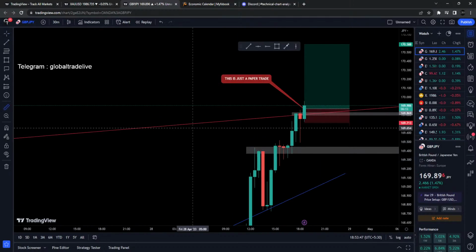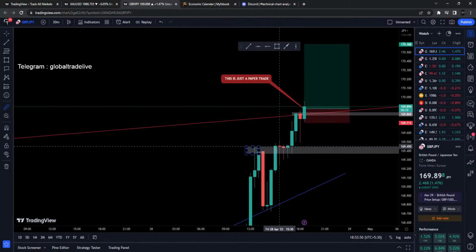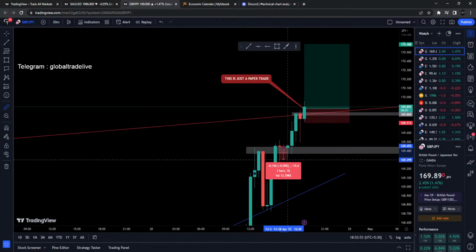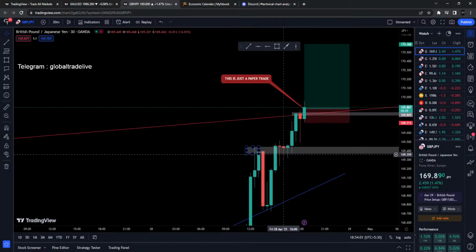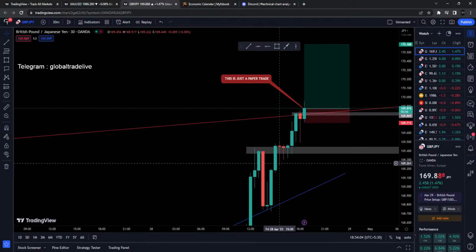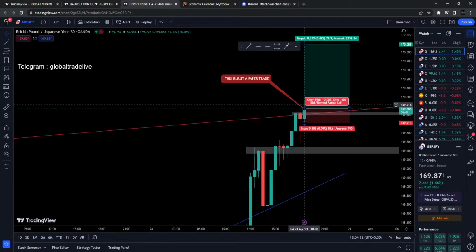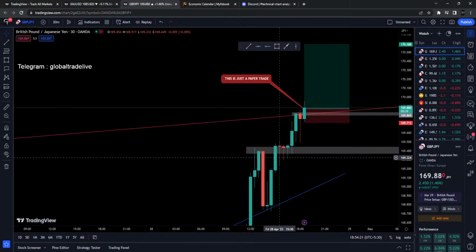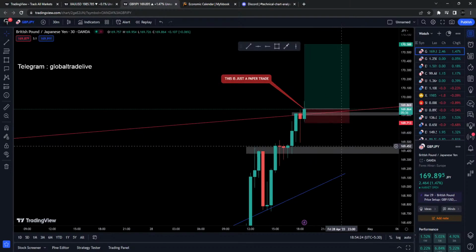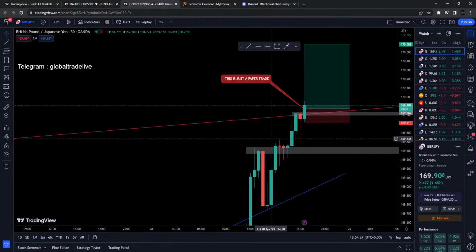The second thing I would have done is, when this red candle came down 10-12 pips, I would have closed half, 50%, right? And after that I would have left this position running. And look over here, it did not go down to hit the stop loss, it went all the way up. By reducing the position size, you have already reduced the loss amount, and when you then manage your trade, you reduce your losses more, right? So that's the key over here.